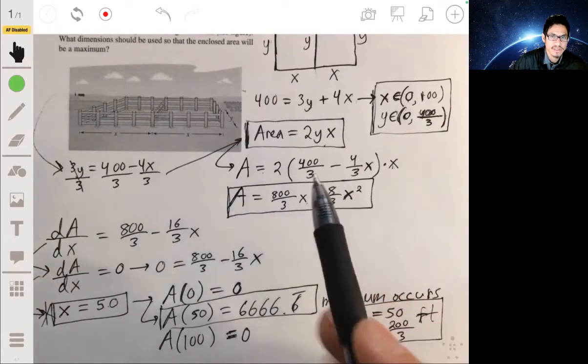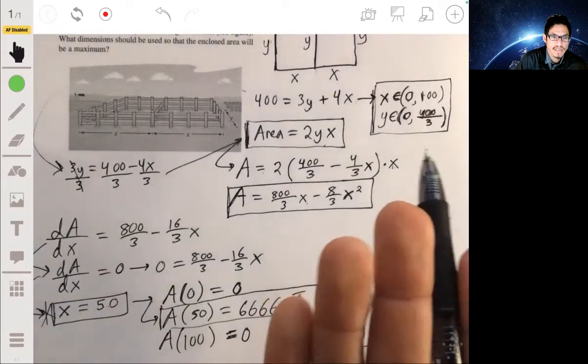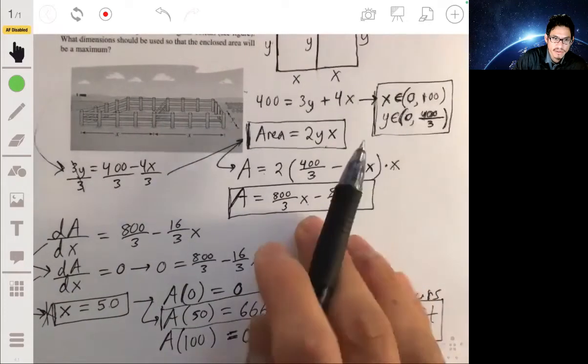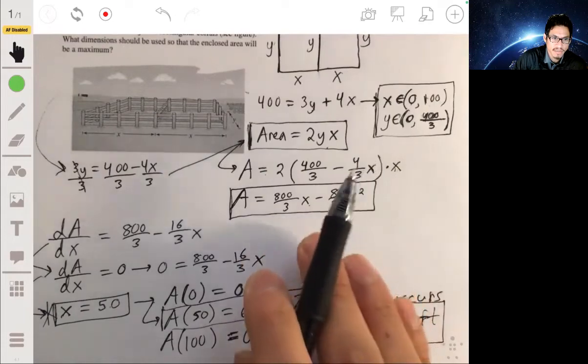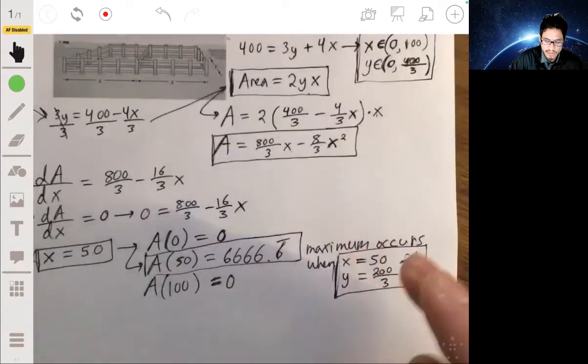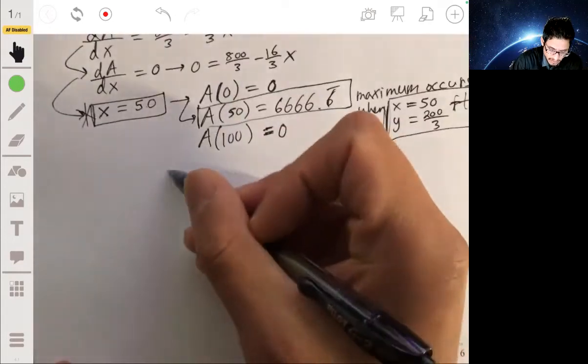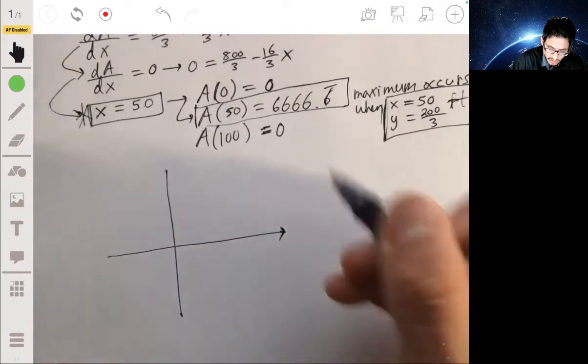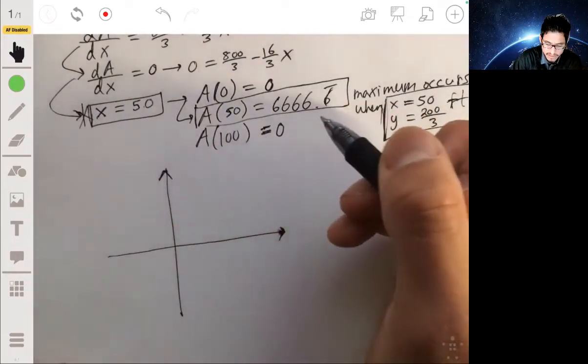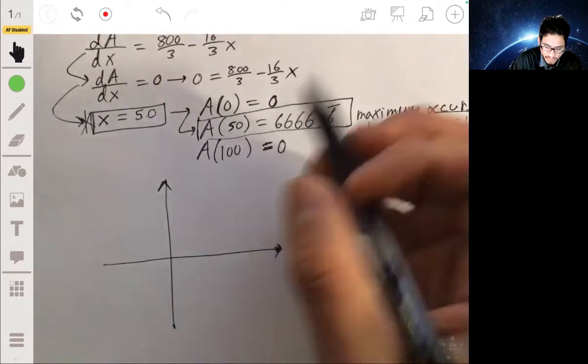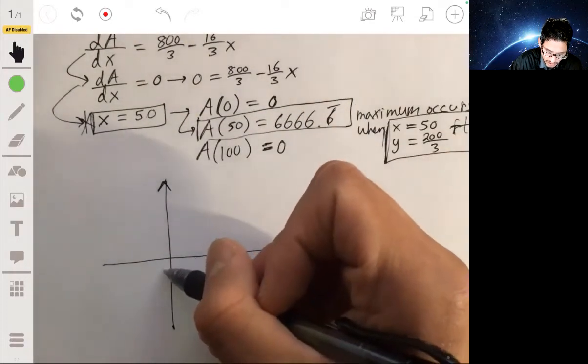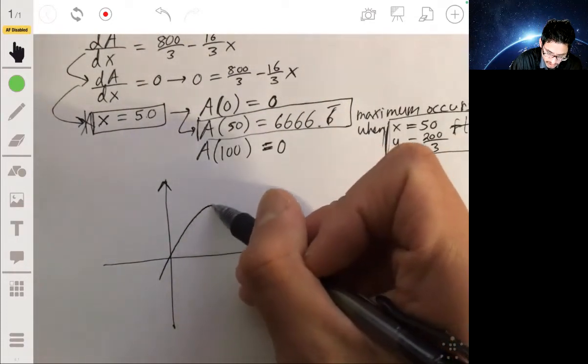And if you remember from just algebra 2 days, this is just a parabola. You can just technically graph this and find the vertex of the parabola. This parabola tells you the area. If I was just to graph this, I could find the vertex using x equals negative b over 2a and plugging in, finding the y value. I'm not going to show that work, but